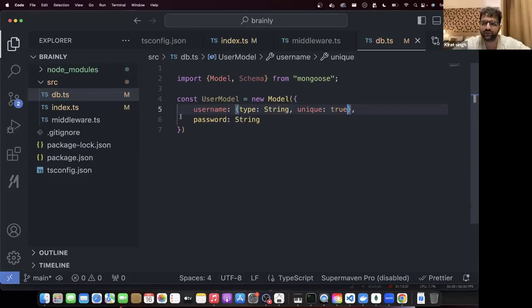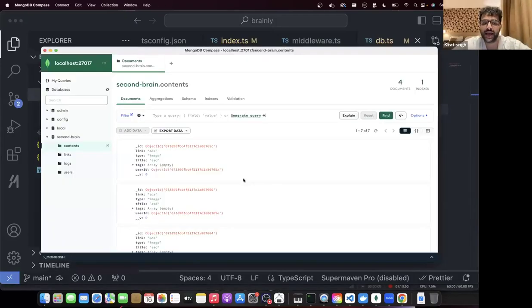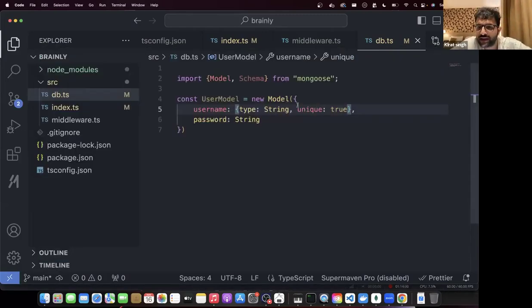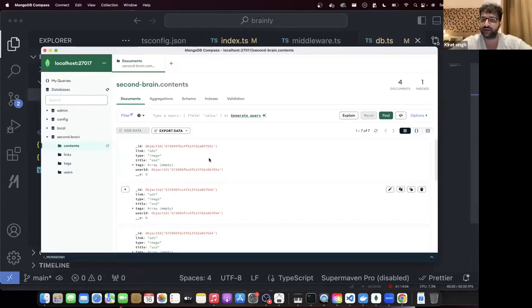अब क्या होगा? If the user already exists, database में दूसरी entry आप नहीं भेज पाओगे. You will not be able to send a second entry to the database from your server. You can still go to MongoDB Compass and add a new entry with the same username. MongoDB is schemaless. You can't really enforce constraints like uniqueness here. You might actually, but this will not do that. This will not enforce the constraint at the database level.